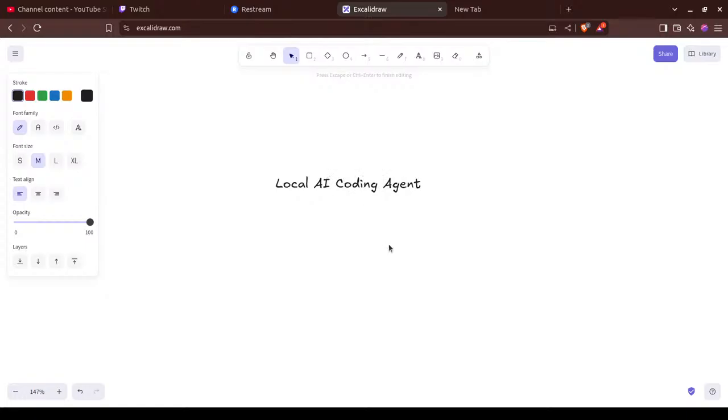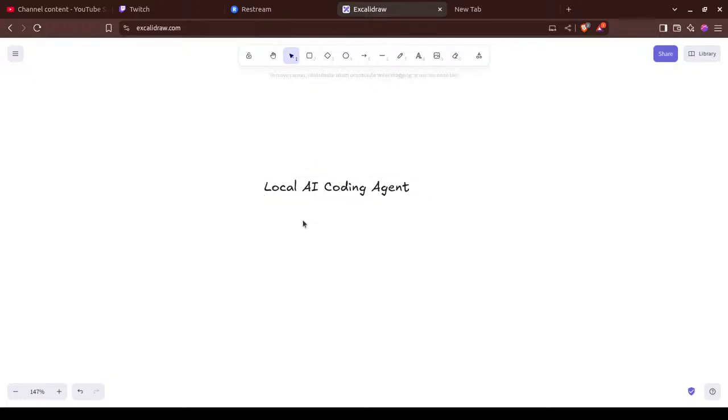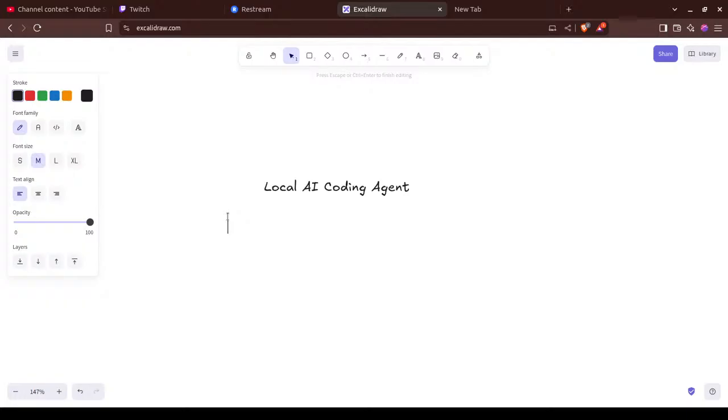Local coding AI, local AI coding agent. Okay, that sounds good. So there are two parts here. One is the tools. This is an important part, and the other is the model, right?